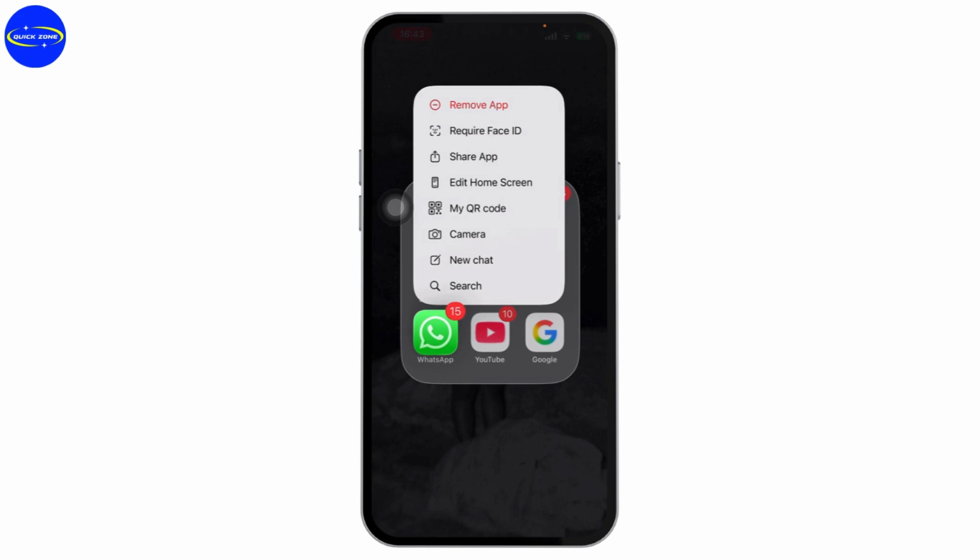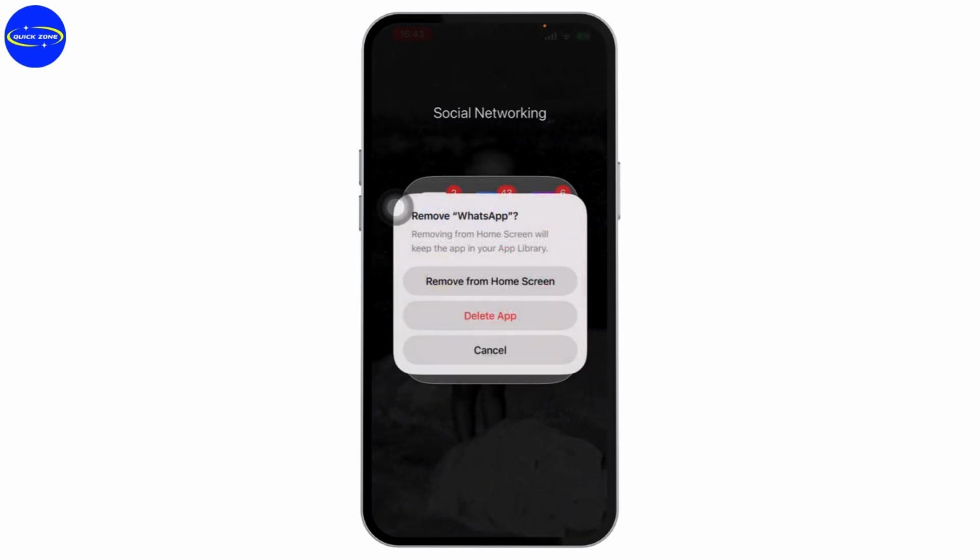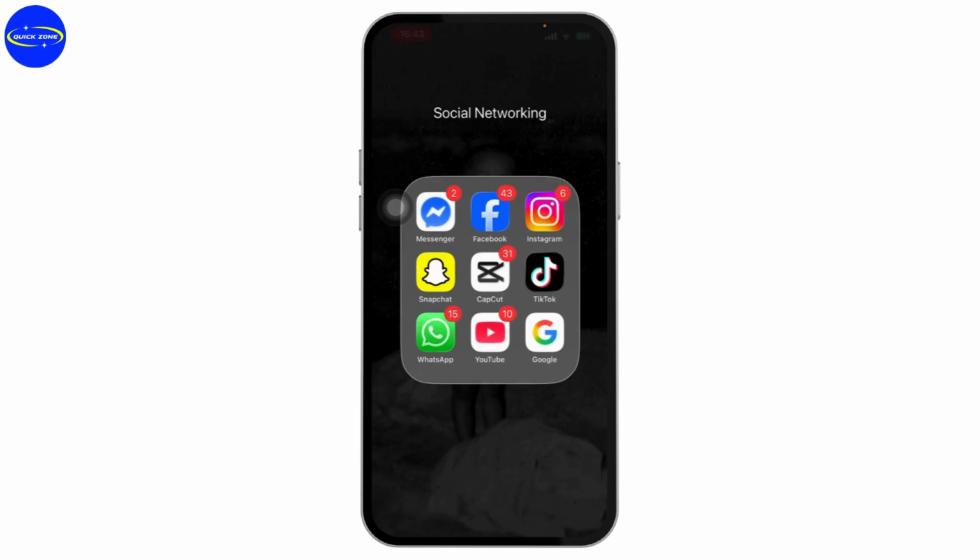Tap and hold on to it and go with remove app, go with delete and delete the application. After deleting, open up your WhatsApp. You'll have a new interface. You need to follow the on-screen prompts, and when it says restore chat history, you need to tap on it,